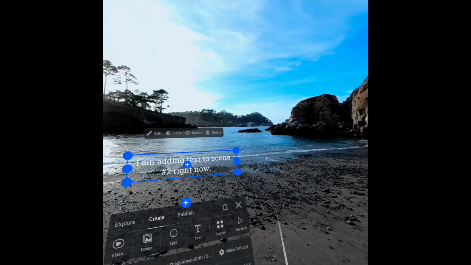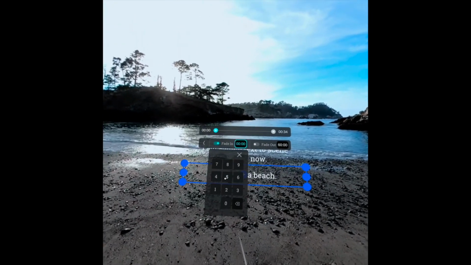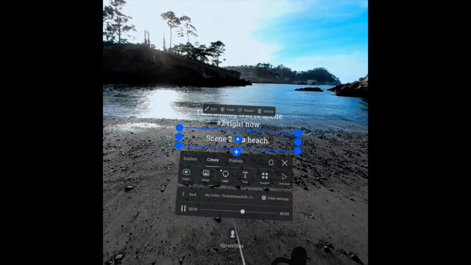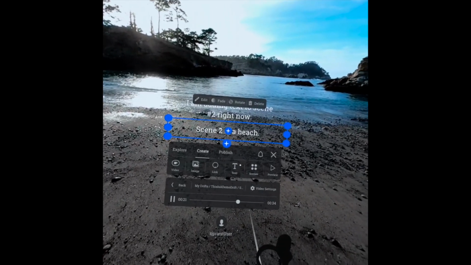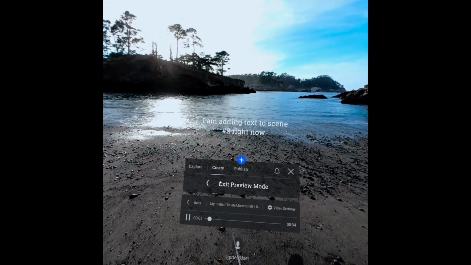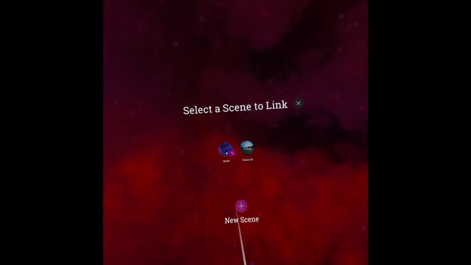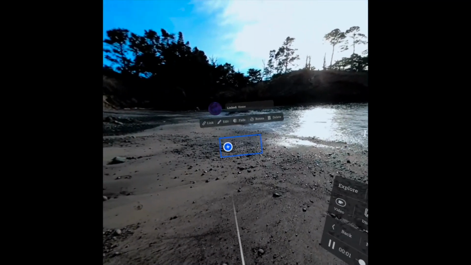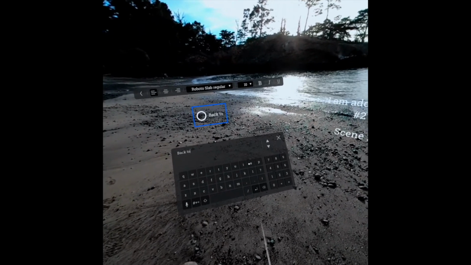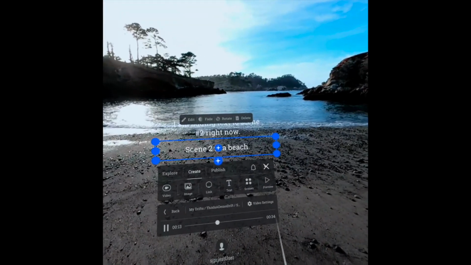And now I'm on a beach. So that's that 360 video we uploaded to the dashboard just a little while ago. And I'm going to set some fading for some of this text. And then, of course, in order to get back, I want to be able to get back to the first scene. So I'm going to create a second link that moves back to the first scene. So I've got that, and now I just have to add a title to it. It tells us where it goes. And I'm all set. So now I can hit preview,